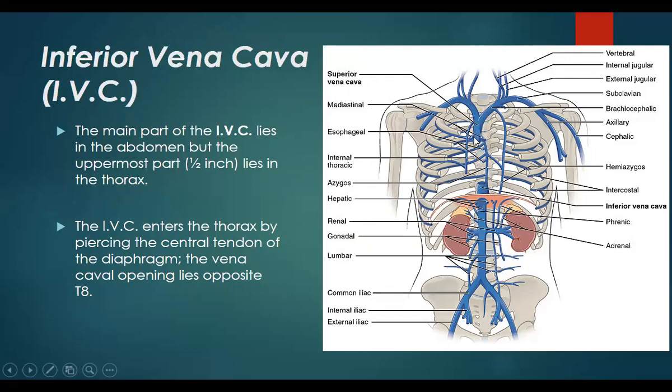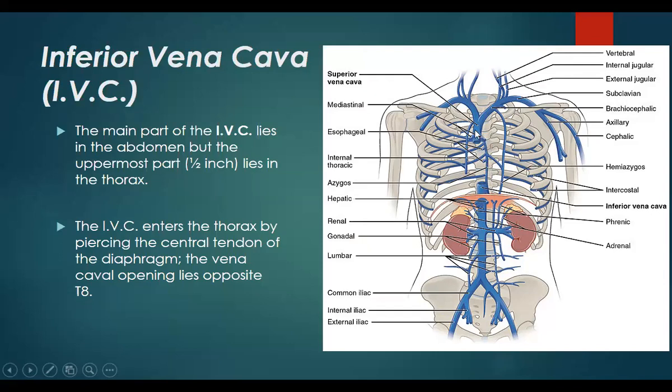So here you can see, this is the superior vena cava. Here is the inferior vena cava. Okay, here will be the heart. The heart has been removed here. So if you see here, this is the azygous vein. And here you can see the hemiazygous vein. On the left side, we have the hemiazygous as well as the accessory hemiazygous vein. On the right side, we'll have the azygous vein.